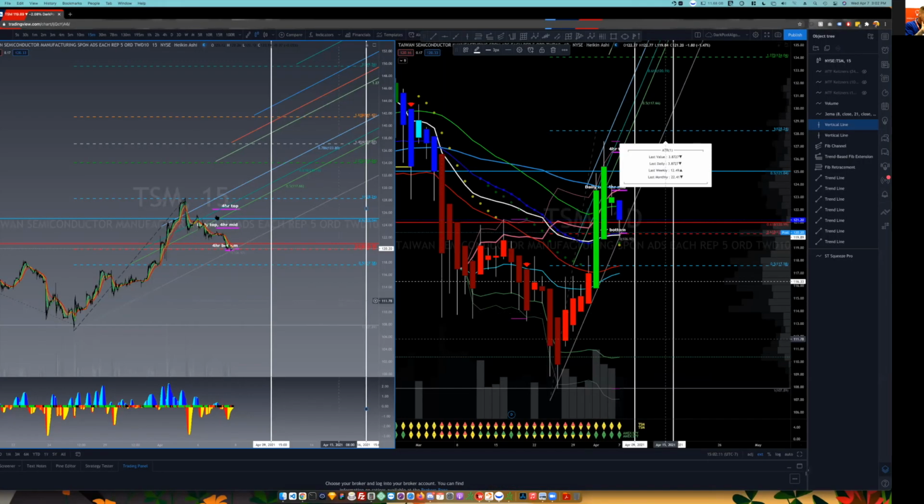We throw some fibs up. We look at our counter channel levels. Our top as a magnet, 126, could easily be reached before the 9th, but based on Fibonacci, I like the 129, 130 level, which I believe is